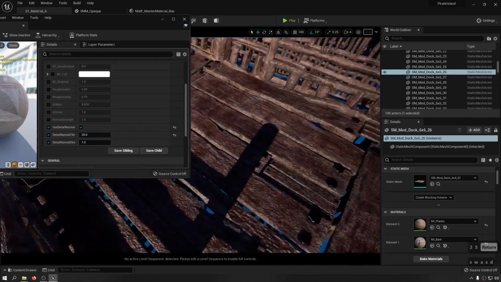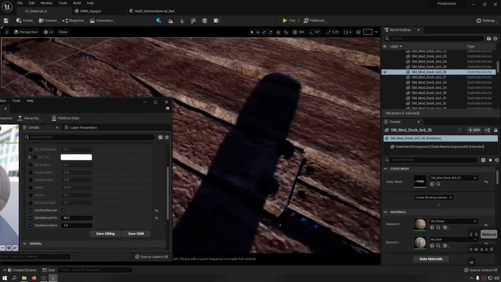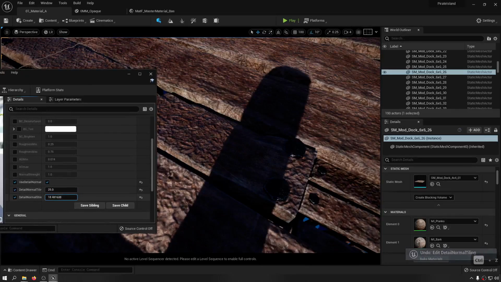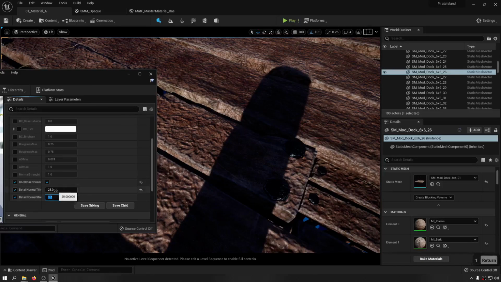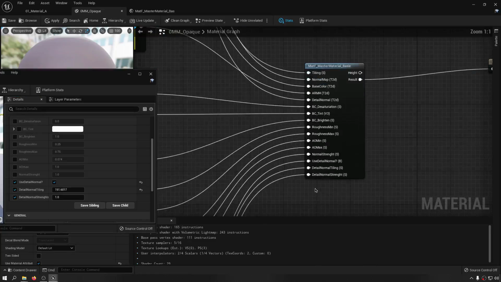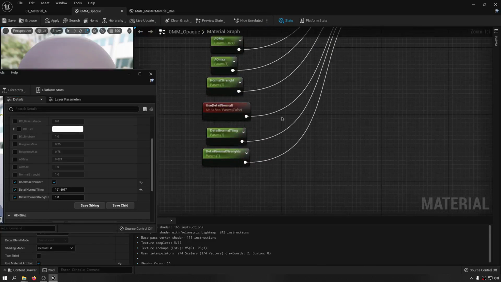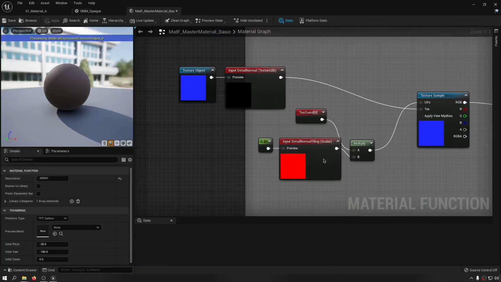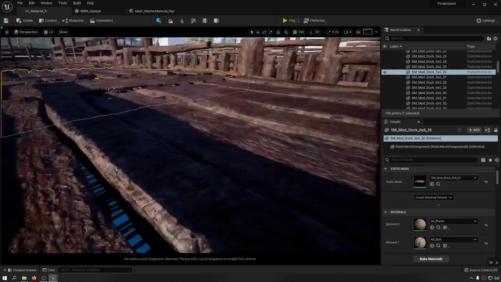And because this isn't real time, we are not seeing the effects. So the tiling on this one isn't working. We need to fix it to see what is going on. So the detail normal tiling isn't working. So let's find it. Detail normal tiling. It's alright. In here, let's go in here to see what is happening. It's alright in here as well. So